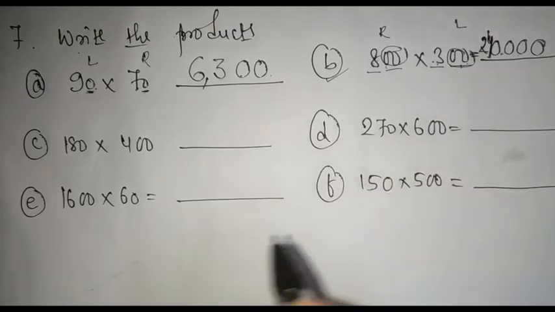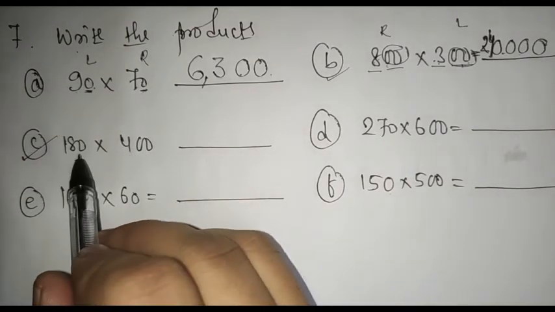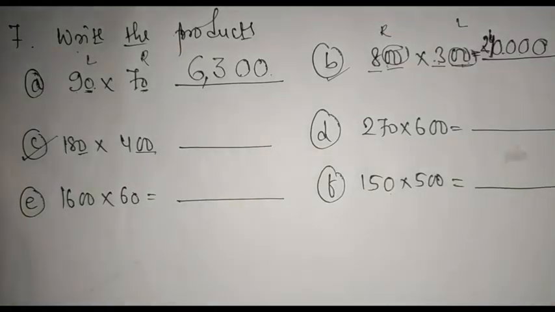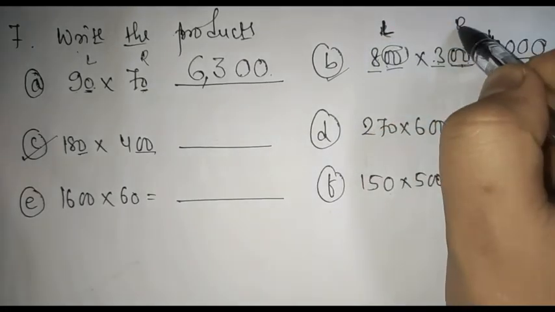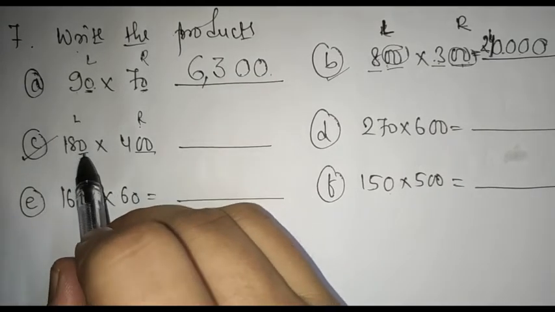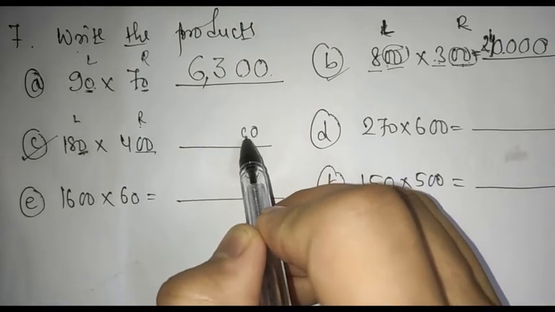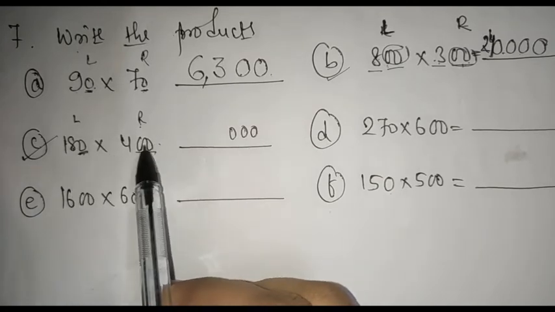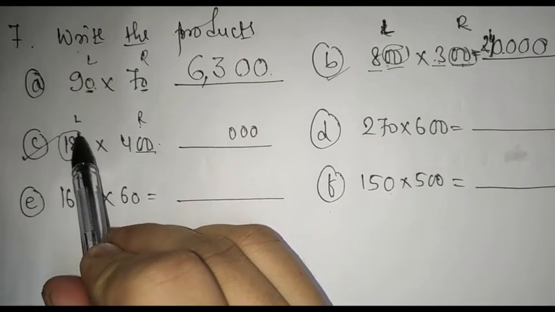Okay, moving on to question number C. Here you can see the left hand side and the right hand side. Sorry student, this is your left hand side and this is your right hand side. On one side it is 1 0 and on the other it is 2 0, right? So 3 0s you have to put, of course. 3 0s are already written. Now what you have to multiply is the remaining one, that is 18 into 4.